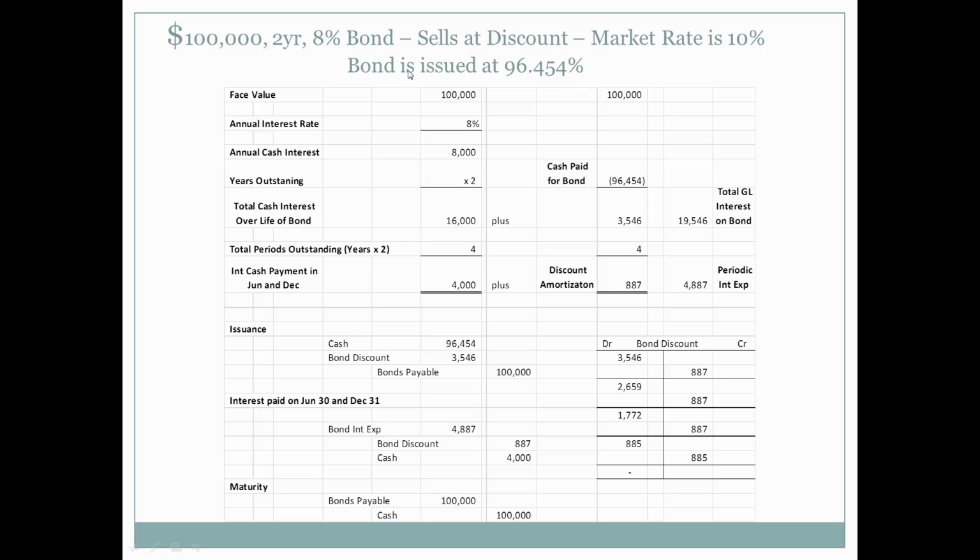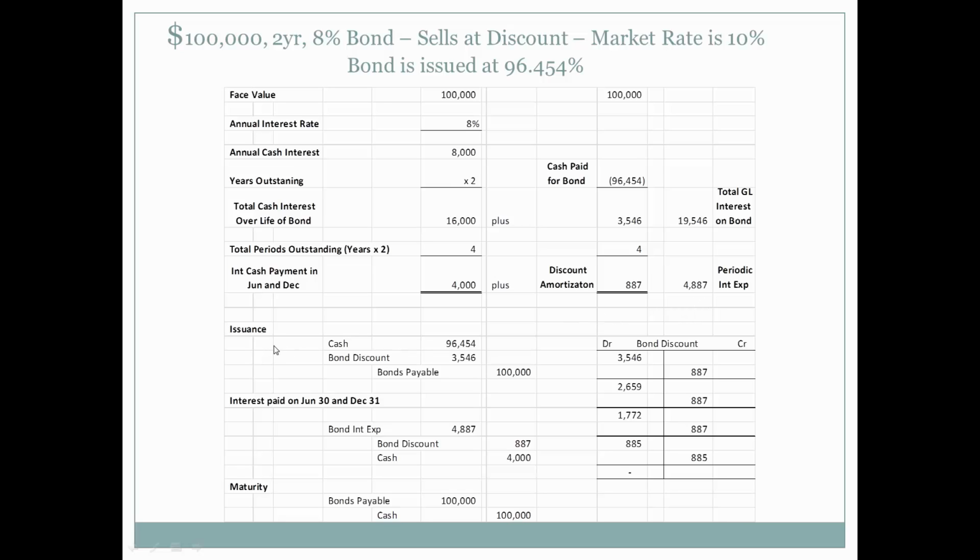So let's look at the amortization of the discount. Again, $100,000 face value, and we're going to subtract the cash paid for the bond. And in this instance, it's going to be a positive number. So $16,000 plus $3,546 means that the total general interest on the bond is going to be $19,546. So to figure out how much our amortization is, we are going to divide that by 4 periods, and our discount amortization is going to be $887. $4,000 plus the discount amortization means our periodic interest expense is going to be